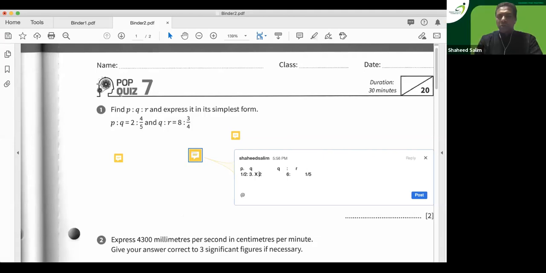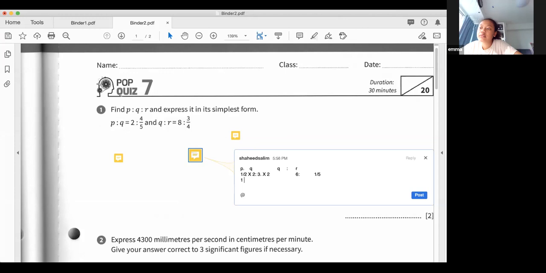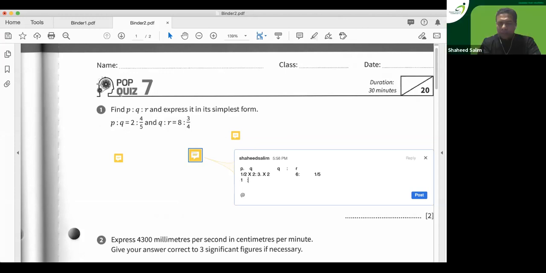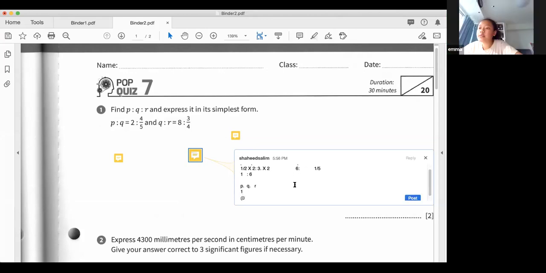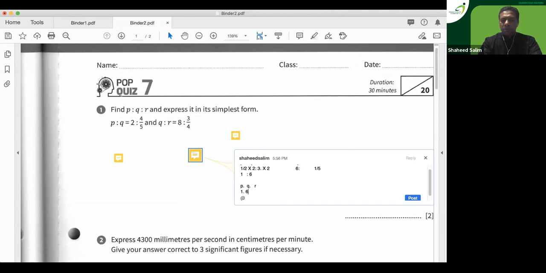So down here you times 2. This side also must times 2. Half must also times 2. So half times 2 is how much? 1. 1 is to 6. So now can you see now the Q is the same already. Now you tell me now what is the ratio now of P is to Q is to R. What is the ratio? 1 to 6. 1 is to 6 is to